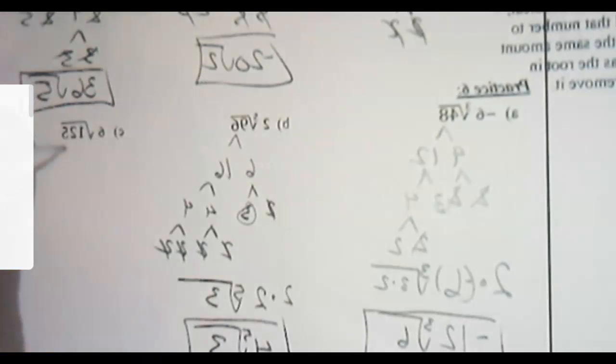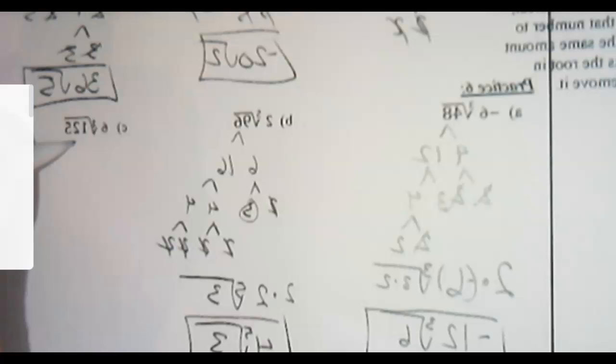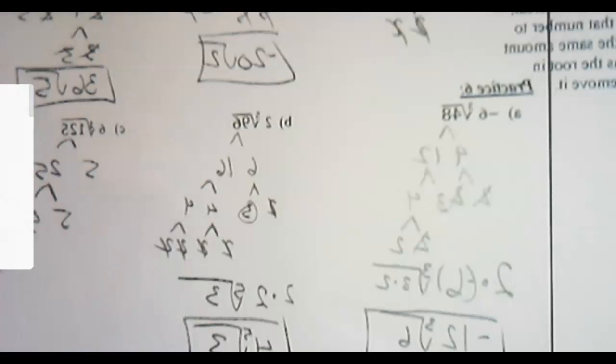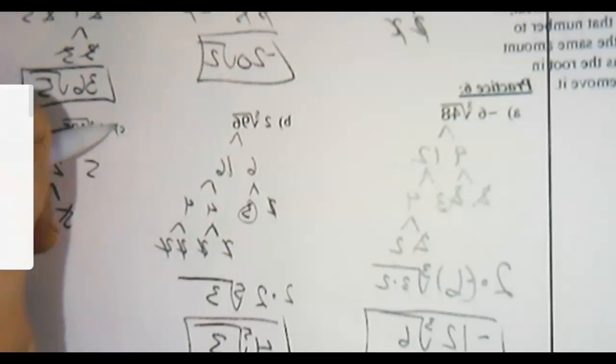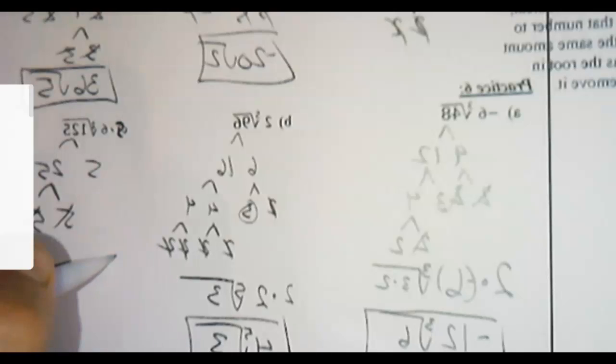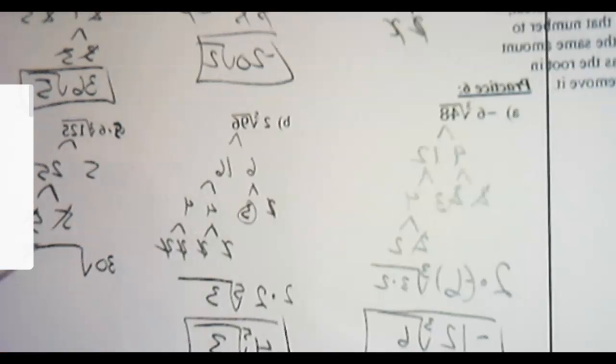And this one is just square root, right? It doesn't have an index here, which is an implied 2. Remember that? So 125 is 5 times 25, and 25 is 5 times 5. So it looks like I can pull out the square root of 25, right? I can pull out 1 5, and it'll get multiplied by that 6 that's out there. 5 times 6 is 30, and back under the radical is that 5. 30 square